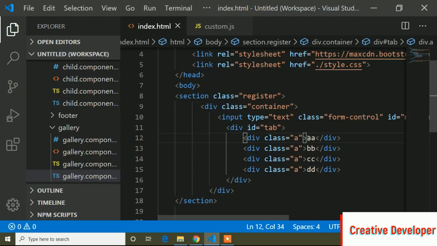You can write any name for this class. So when I search, only this div, the A class div, will be toggled. So let's see how you can do it.